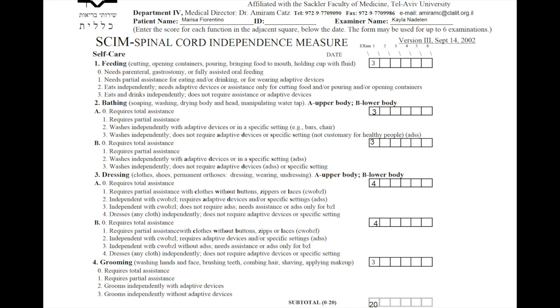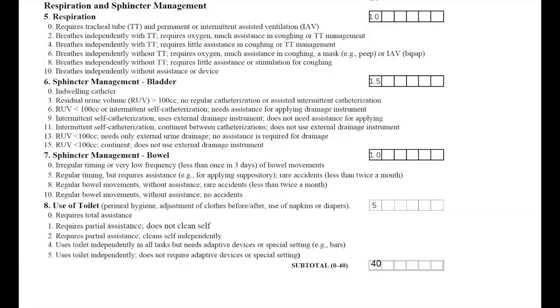So here's a visual of the assessment, and you can see each area in even greater detail. On the right hand side is where the assessment is scored, and there are 6 boxes, so you can actually assess someone over the course of multiple weeks and track their scores and their progress along the way. Also on the assessment, under each of the 3 areas is a subtotal box. So self-care comes out to 20 points, respiration and sphincter management totals up to 40 points, and then mobility is also